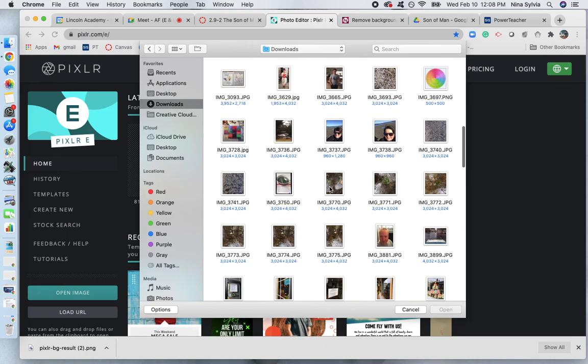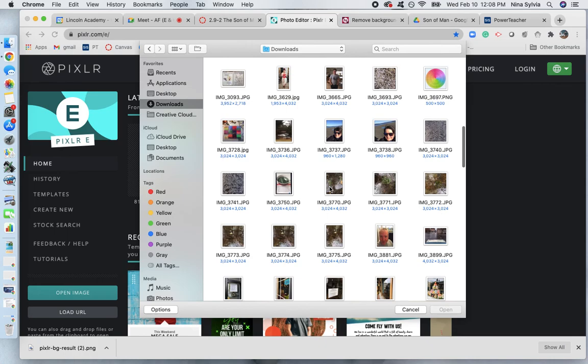Nope, that was a different basketball. Maybe it's on my desktop. Yep, there it is. Okay, so I'm going to say open. Now, see, this happens a lot. That's not transparent, is it? So I'm going to delete this layer, and I'm going to go back here and open that image